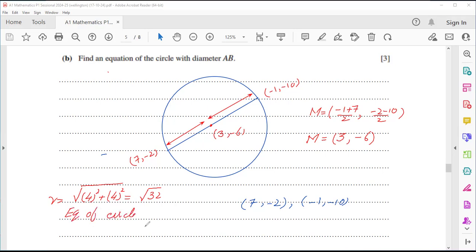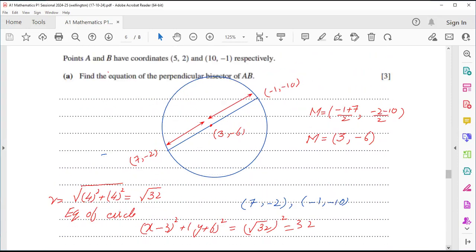So the equation of the circle will be (x − 3)² + (y + 6)² equal to the square of the radius. That becomes 32 if I'm not wrong. Please check your calculations, whether the calculation is correct or wrong. If I'm not wrong, then you have to use this one. So the next part of the question is